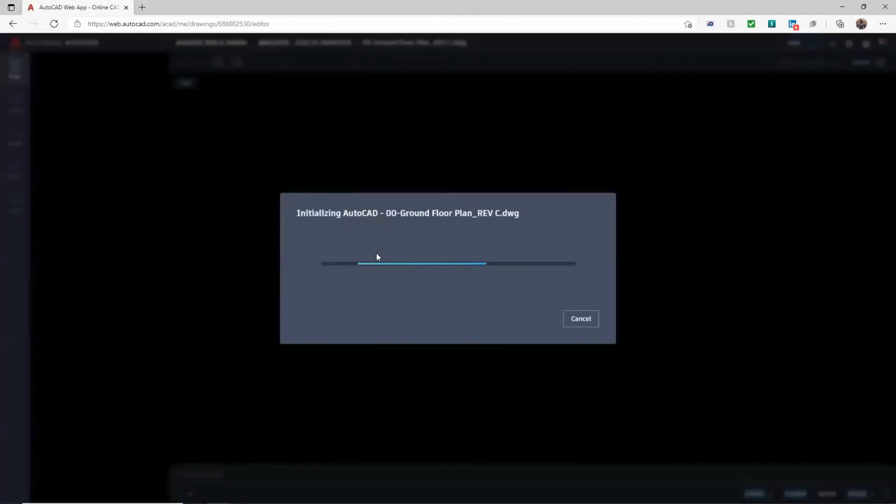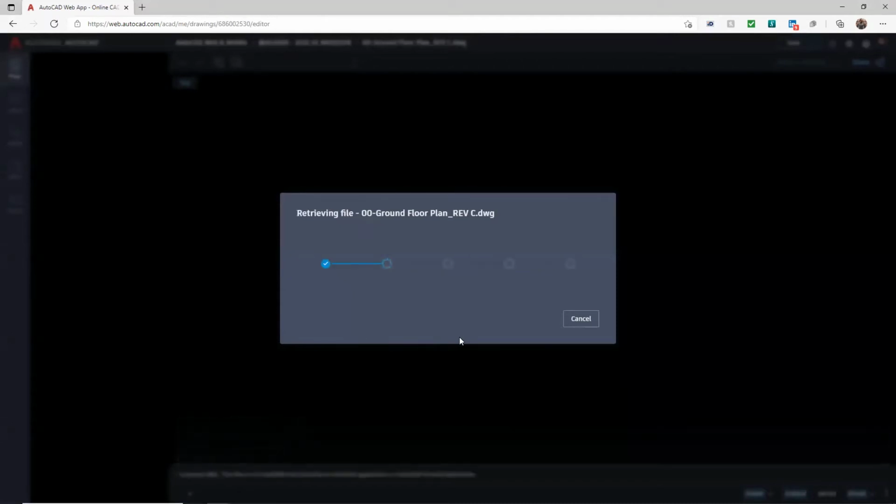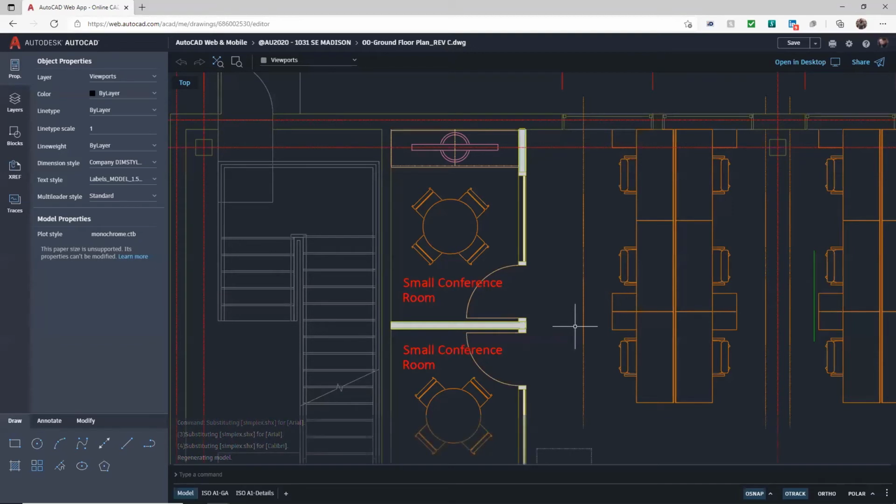So it's just like AutoCAD. I'm just going into a folder, selecting a file. Now, obviously, it depends on your bandwidth and your internet. If you've got super fast internet, this will be a little bit quicker. My internet where I live is not amazing, as you can see. So we get to watch the little blue ring of death go round and round, which is never fun. But the drawing's basically opening up as we go through now. And there you go, there's the drawing.